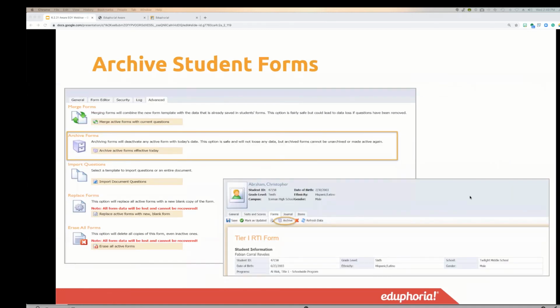Okay, so archiving student forms. Archiving student forms is really done on an as-needed basis. Not every form type needs to be archived, and some of them will roll over multiple years, and some of them won't. And sometimes you need to archive some forms of a form type and not others. So we're going to go into the software, and I'm going to show you two ways to